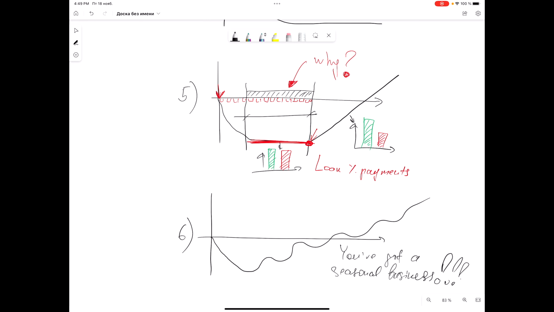And there are these periods. Let me draw them in red. So these are red periods where, if you look deeper at these periods,